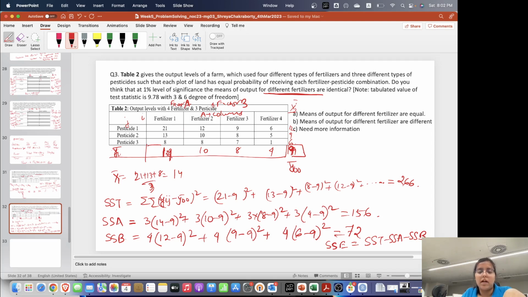We take the group means, subtract it from the grand mean, and multiply it with the number of observations pertaining to that group only. So, by similar logic we will get SSA and SSB. So, once we have SSA and SSB,